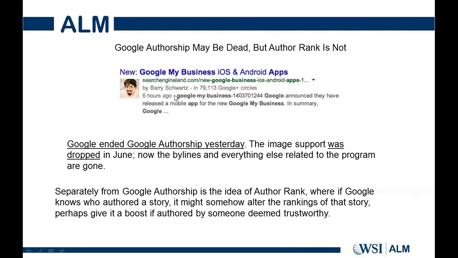So that's how Google authorship benefited you in the search engine ranking pages, because it not only gave you a little bit of an edge as far as positions were concerned, but it also gave you a lot more real estate on the first page of Google, and influenced your click-through rates, which is why businesses loved it. Compare this listing to a normal listing that's coming up in the top 10 pages of Google, a straight up plain listing as opposed to a nice image-oriented listing like this. So this was definitely influencing click-through rates, and we covered this in our previous LaunchPad webinars.